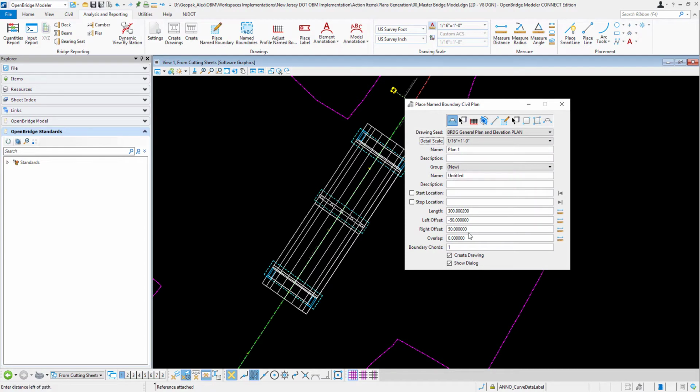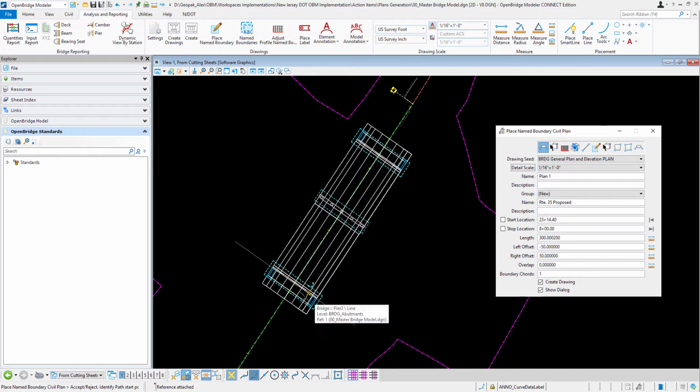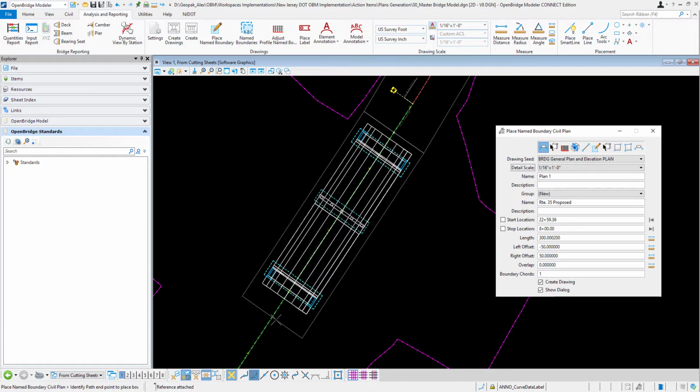I'm going to create the drawing and say I want to start from here, and my start location is going to be here. My ending location should be okay here, so create only one sheet. Do it, accept it,